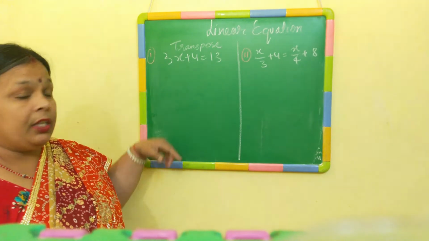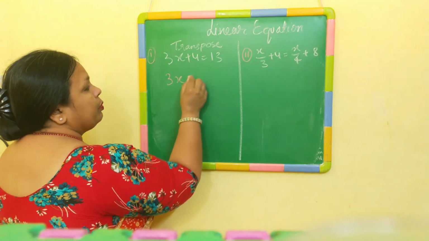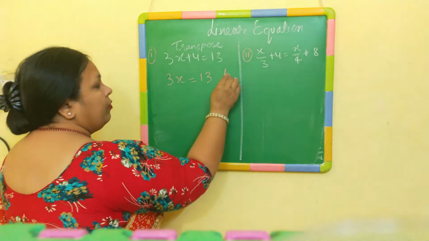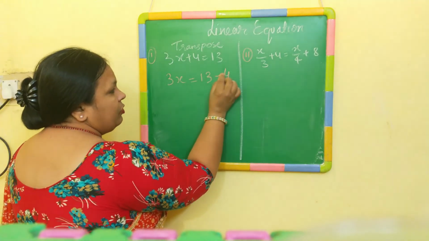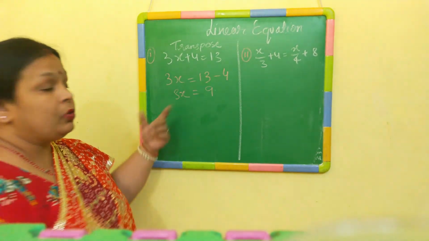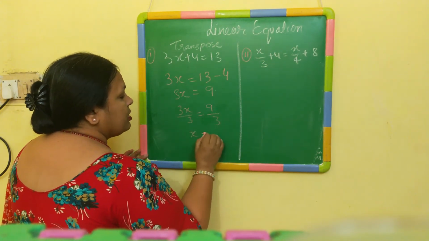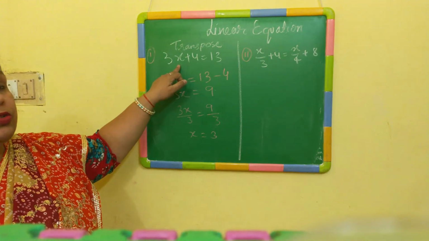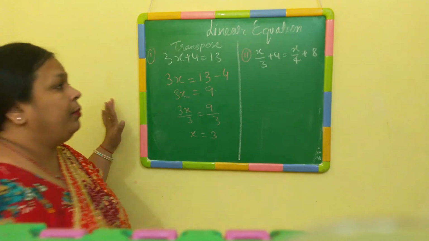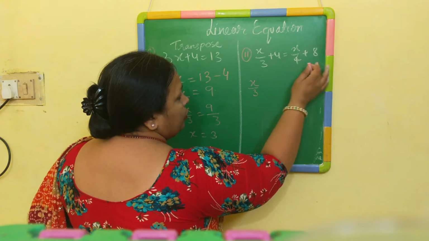So let's take the example like 3x plus 4 is equals to 13. So we are going to transport this 4 to the RHS side, that is 13. As told you, the value number will be the same, only the sign will change. So this is going to give you as 3x is equals to 9. If 3x is equals to 9, dividing both sides by 3, that is x is equals to 3. And if x is equals to 3, 3 into 3 is 9, 9 plus 4 is 13, 13 is equals to 13, hence verified.